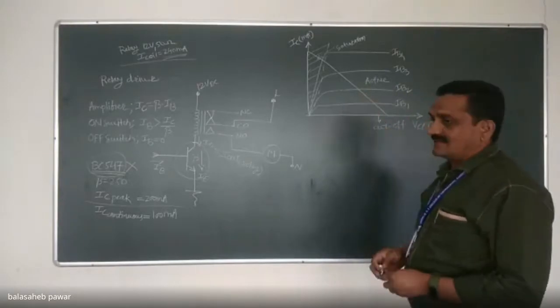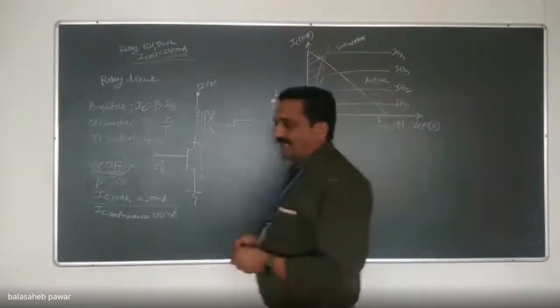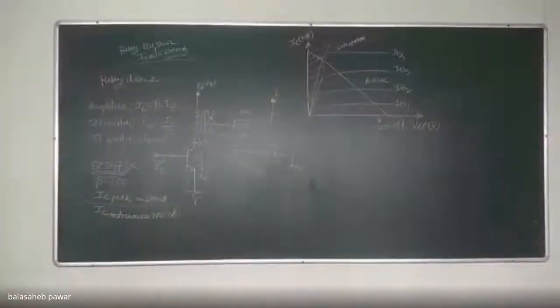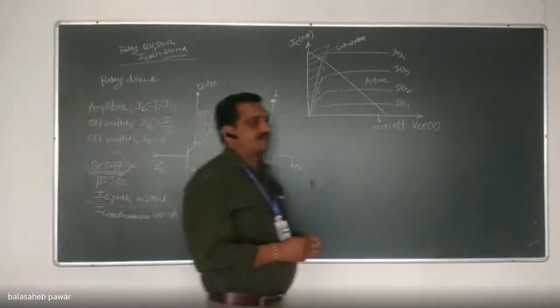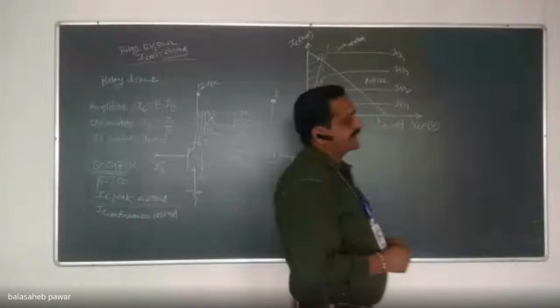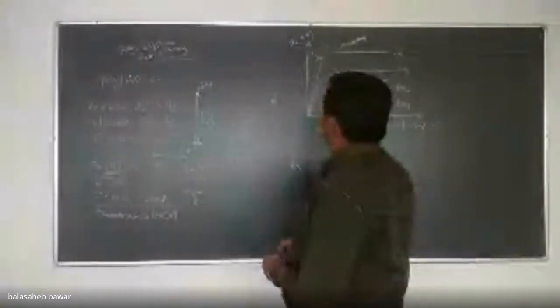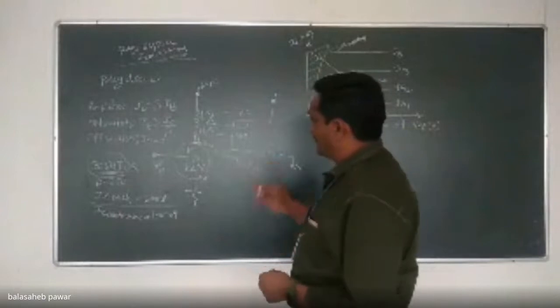So the output characteristic of that BJT is shown, and the importance of that DC load line I also explained last time. Totally, there are three regions of operation: saturation region, active region, and cutoff region. These three regions are divided according to the applications. The saturation region is preferred as an on switch, the cutoff region as an off switch, and the active region as an amplifier. So see, being an amplifier, I will just explain shortly.